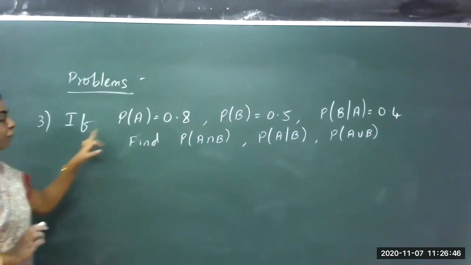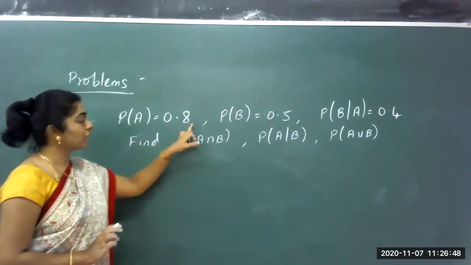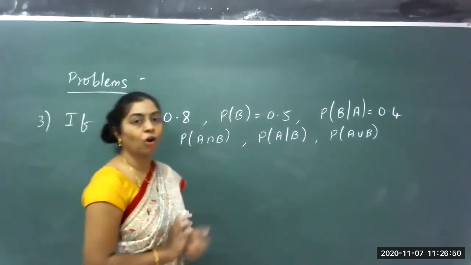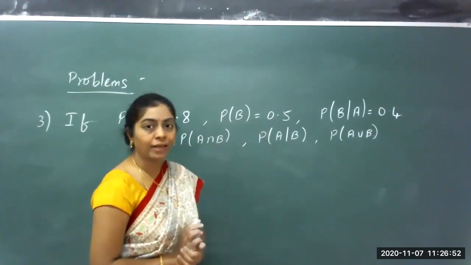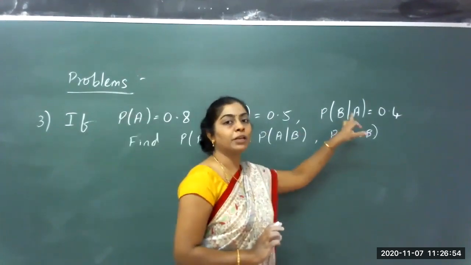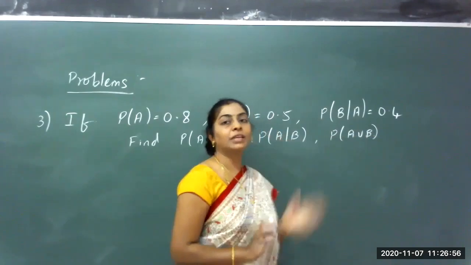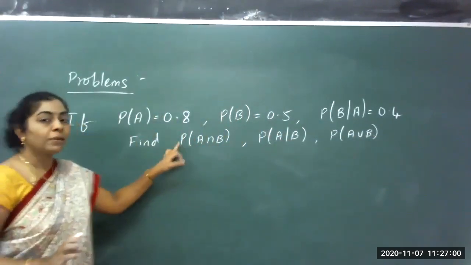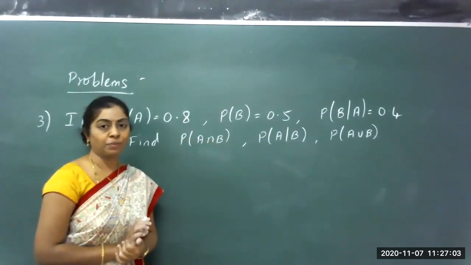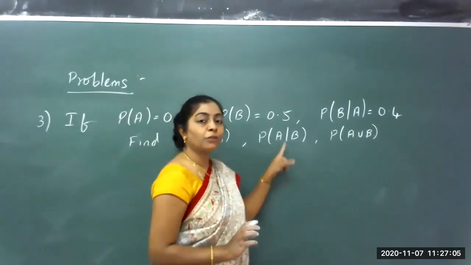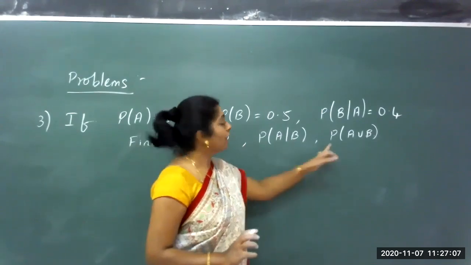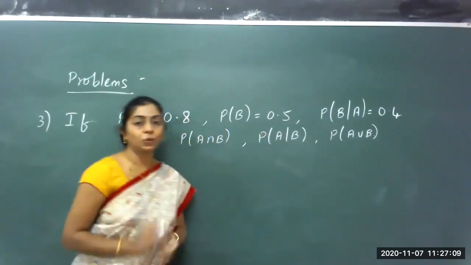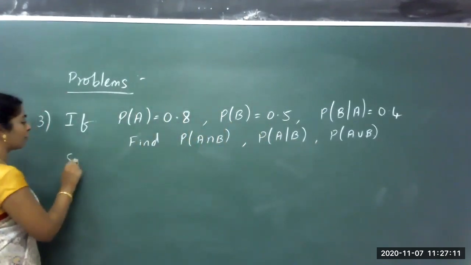Third problem: if probability of A is 0.8, probability of B is 0.5 and conditional probability of event B when event A has occurred is 0.4, find probability of A intersection B, conditional probability of A when event B has occurred, and probability of A union B. Let us try to find